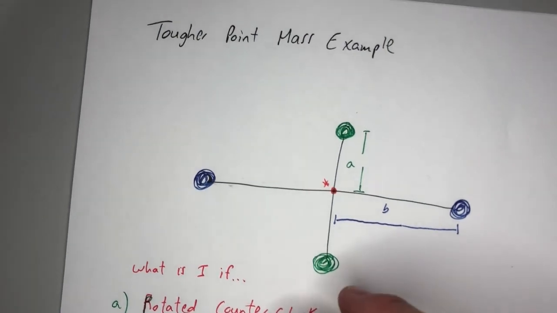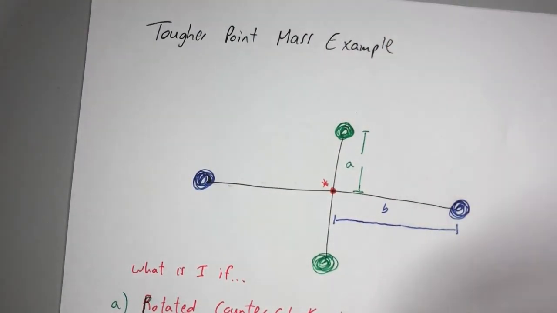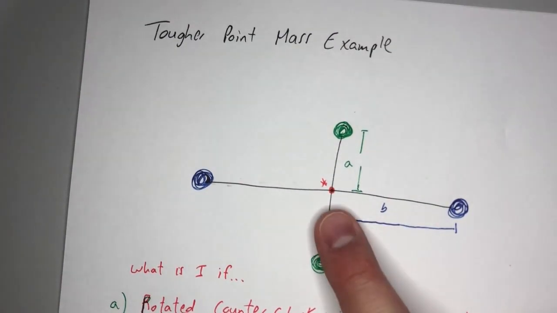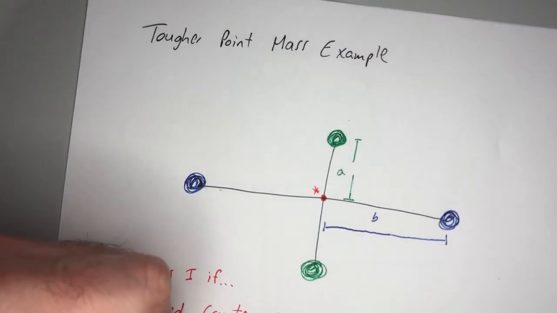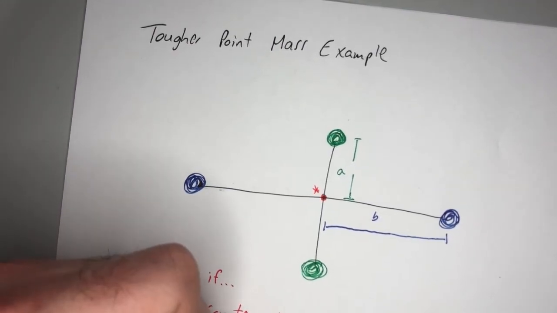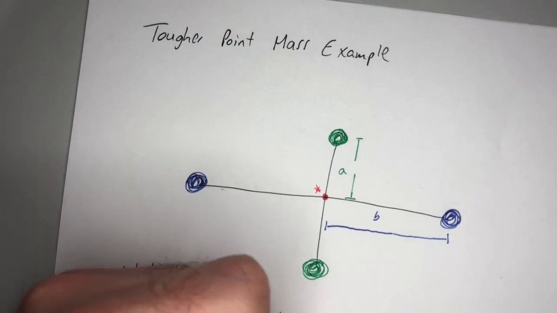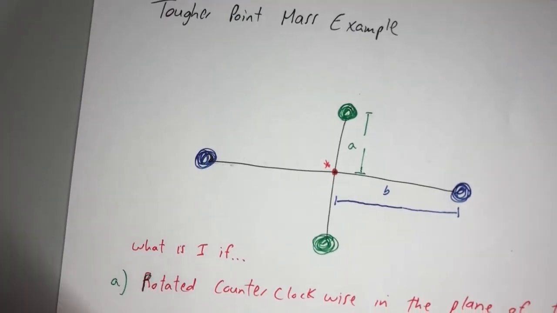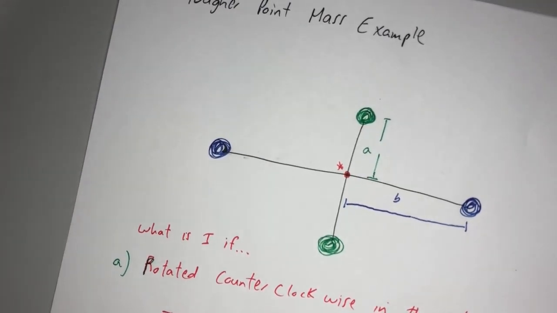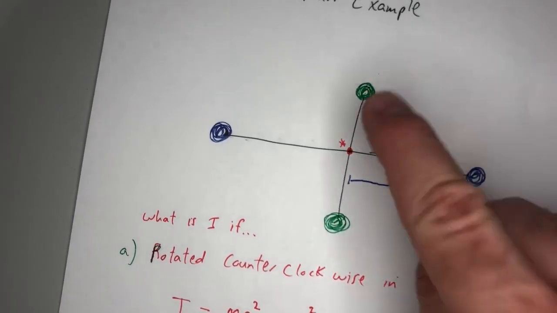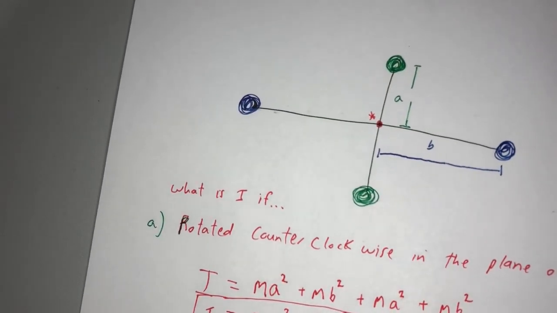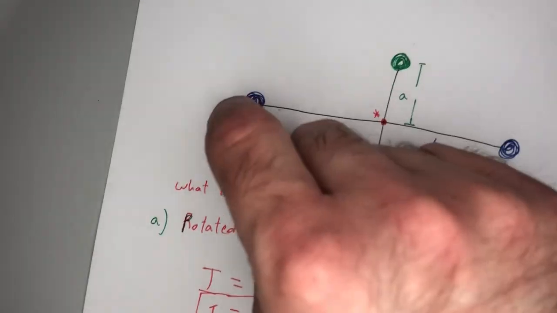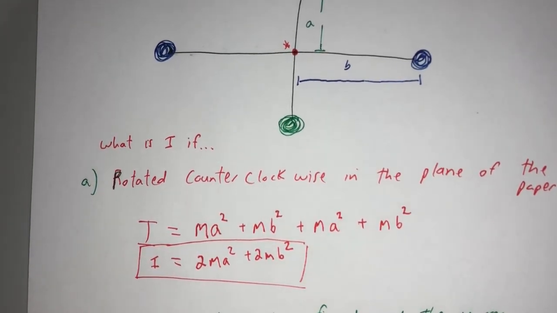So if you wanted to rotate this system, these 4 point masses, in the counterclockwise direction, you literally have to move all of them about that point right there. And that's why the moment of inertia is so large. Combining like terms, it's 2ma squared plus 2mb squared, because you are literally trying to move all 4 of those masses. Maybe you're going to put your force here, or here. We'd have to talk about that. But we know the moment of inertia of this 4-mass system is 2ma squared plus 2mb squared.